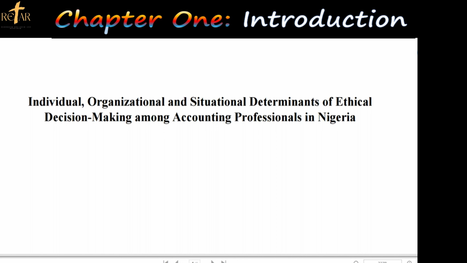Okay, so that is for the statement of the problem. Now I want to build the background to the study. I want to give a background talking about how organizations depend on accountants to provide ethical information that could be relied upon to make decisions. How the organizations and users of accounting information look up to the accountants to guide them in their decision making